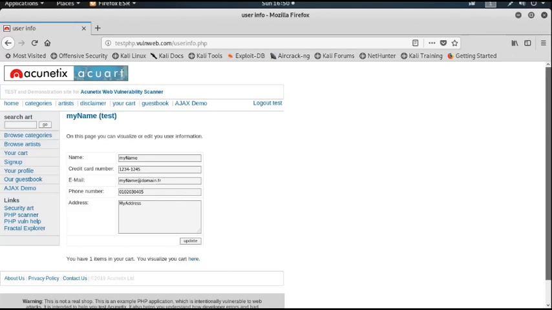This way we can bypass the authentication in a particular web application and we can penetrate inside the web application. Further, we will show you how to use error-based SQL injection.